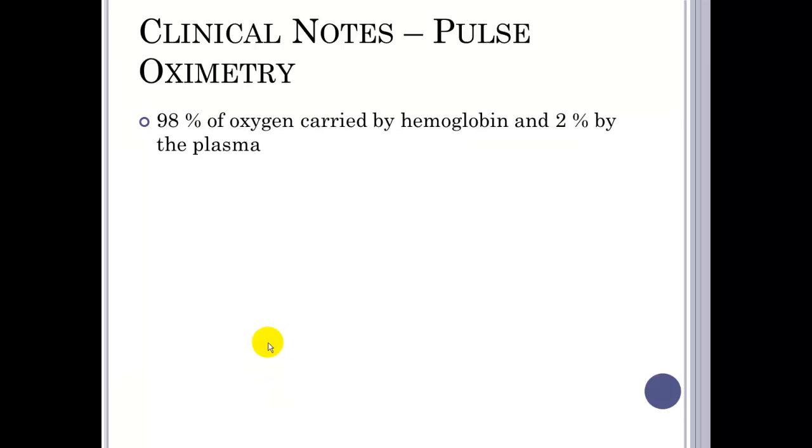Or a virus? Clinical notes, pulse oximetry. 98% of the oxygen is carried by hemoglobin. 2% is carried by the actual plasma that the red blood cell runs around in. It would be possible to moderately oxygenate somebody in the effects of